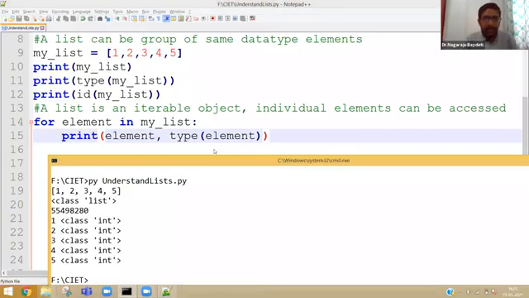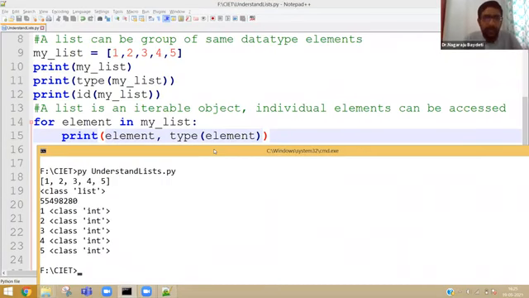Clearly you can see as a whole, it is an object of class list, correct? But individual items are integer objects. That's why I wrote that a list can be a group of same data type elements. That's the proof here. As a whole, it's a list object, but individually they are integer objects.